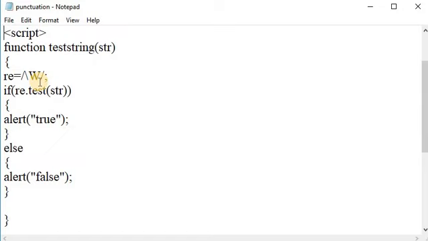This tells the browser to search the text for characters that appear within the brackets. This regular expression is assigned to the variable re, and using the test method, we can search for the desired character in the input string inputStr.